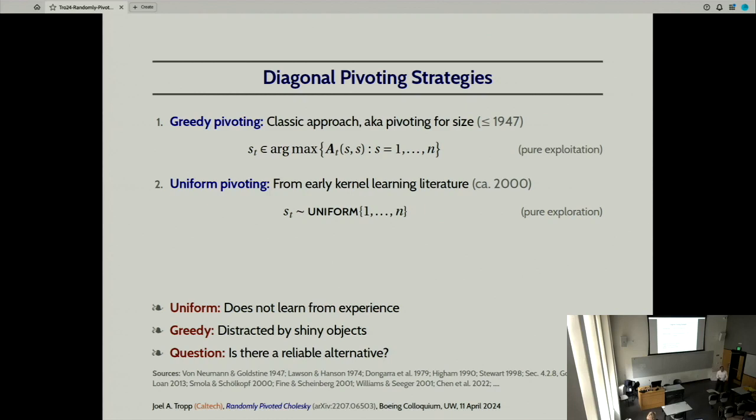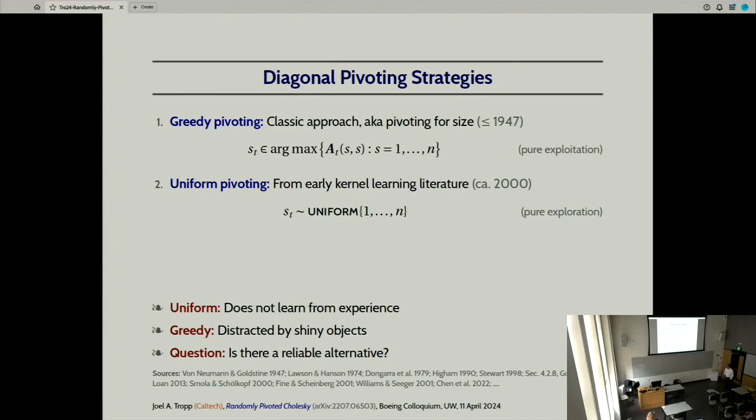Now, the intuition from machine learning is that data are IID, right? It's not true. So the intuition is that data are IID, and therefore one data point's as good as any other, so you might as well just pick random data points. Now, the reason that this is not a valid intuition is simply because once you have modeled some of the data, there is stuff you've already learned about that you don't need to model again. And by picking things at random over and over again, you just don't learn from your experience, okay? And so that's not what you want to do either.